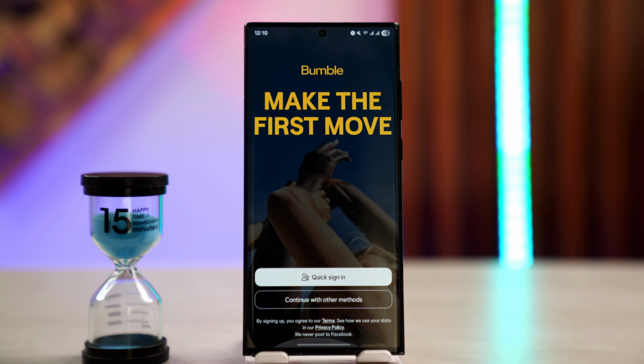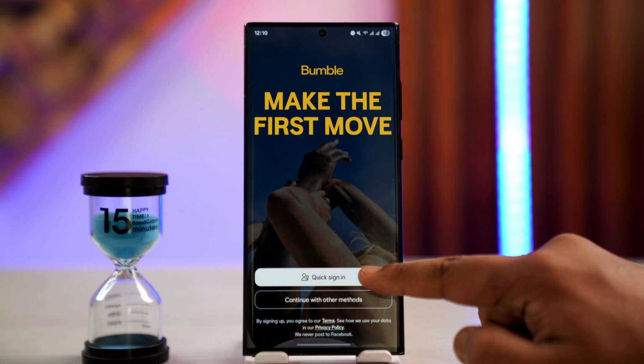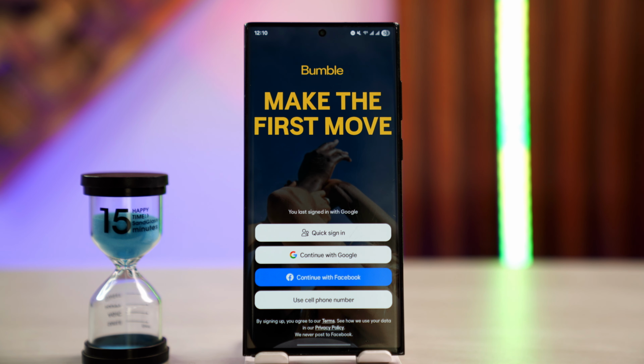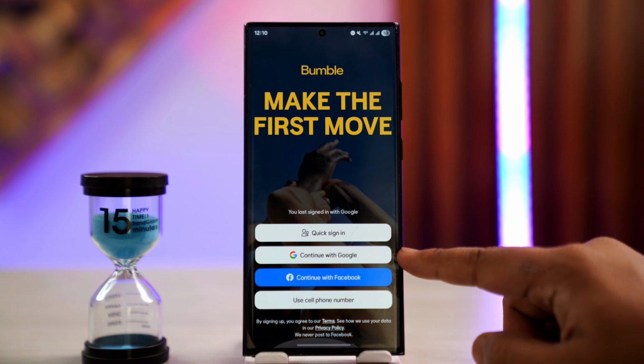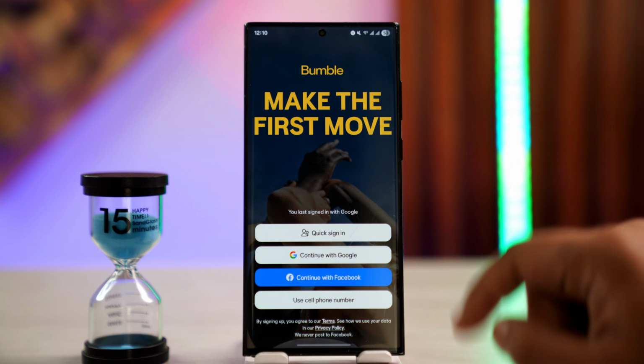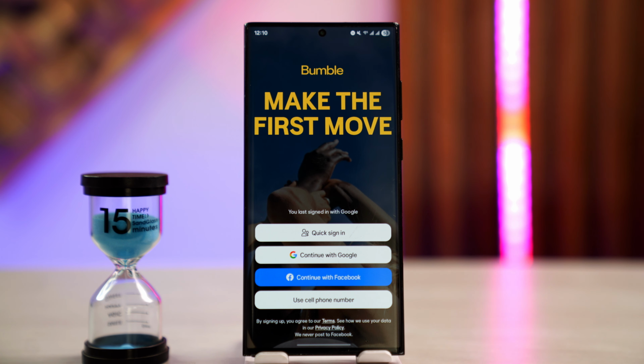First of all, if we launch the Bumble app, there is an option called Quick Sign In. If we go to the Quick Sign In tab over there, we can choose to sign in using Google, Facebook, or our cell phone number. So if you forgot your password, one thing you can do is log in using your Google account or your Facebook account or your phone number. That way you'll only need a verification code that will be sent to your phone number and